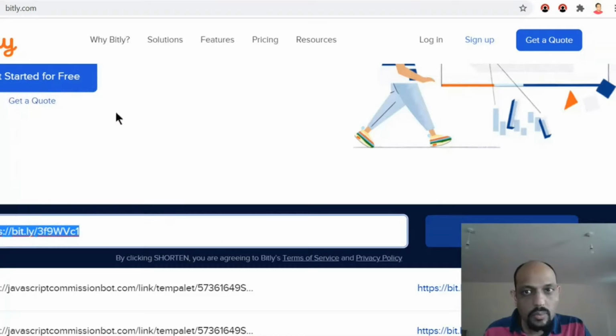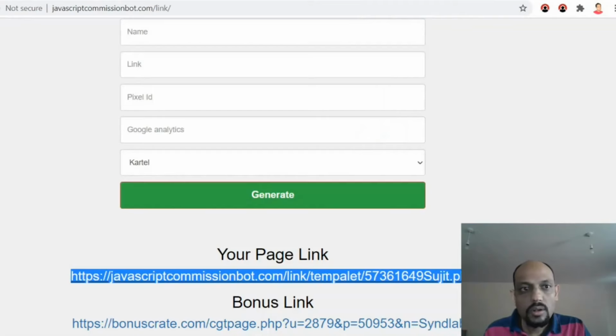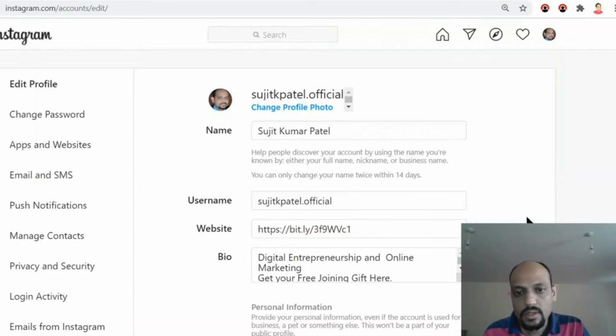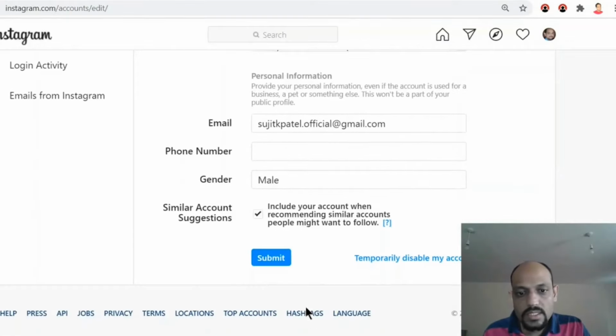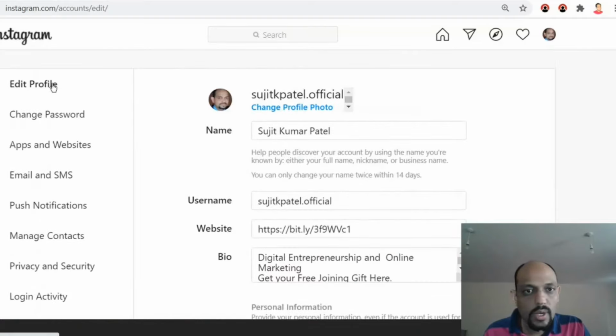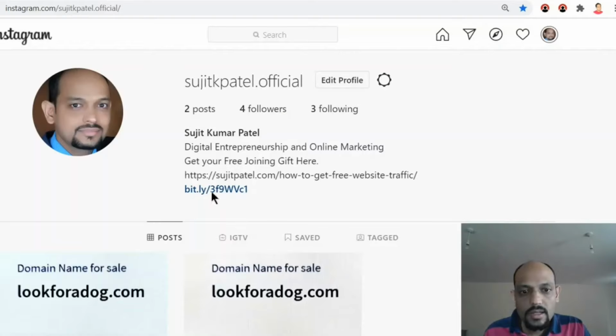Then copy it. Now I'll go to my Instagram account and paste it here. Okay, so after pasting, just submit it, and I'll just move to my home page. You'll see that link is there.